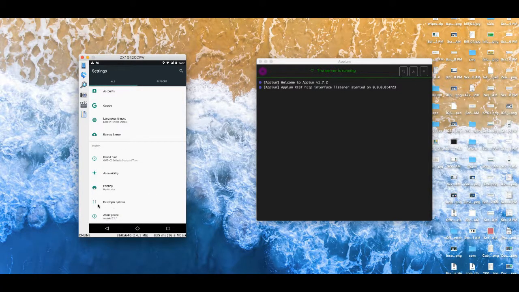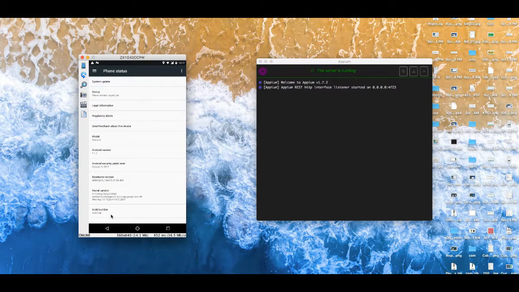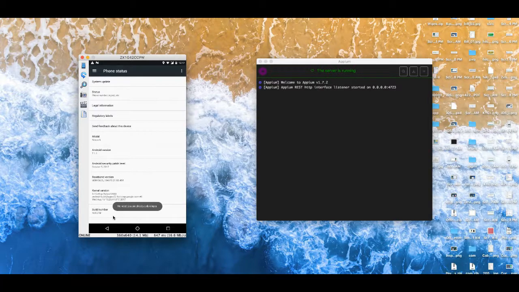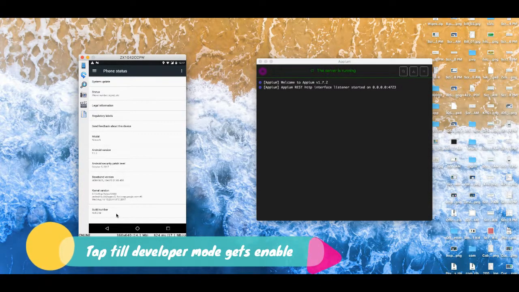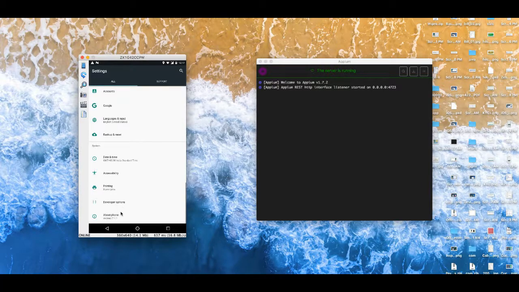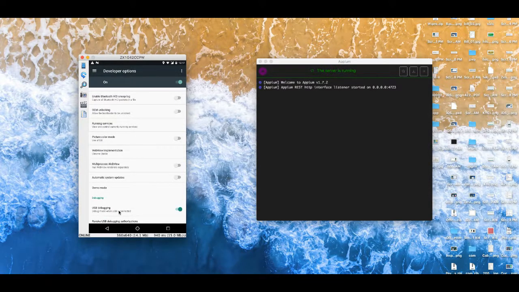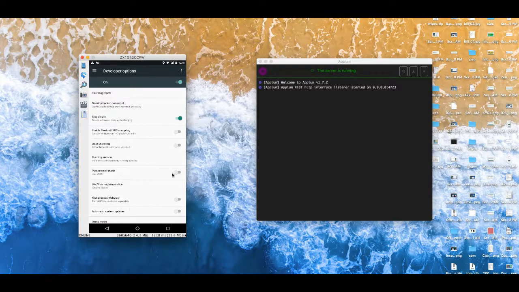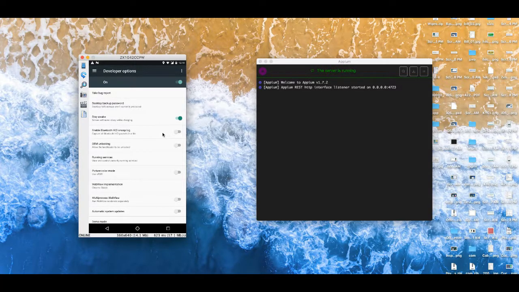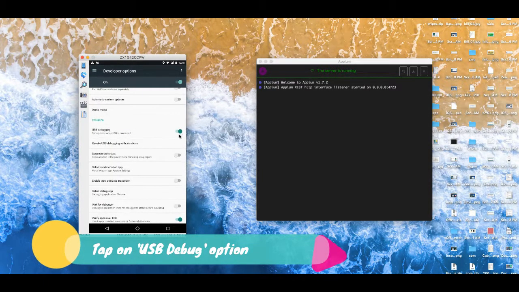Now click on about phone, just tap on that, and tap on build number multiple times so that it will turn on the developer mode. It will show you how many times you need to click over there. Then once you go back, it will show you the developer options. Just tap on that and make sure it is enabled, and you will see there is an option stay awake that should be on, so that your device does not go into sleep mode when you run any automation. And the USB debugging option should be turned on,